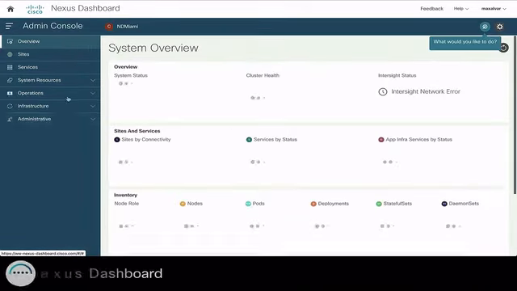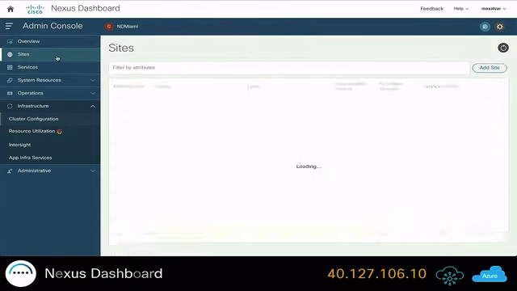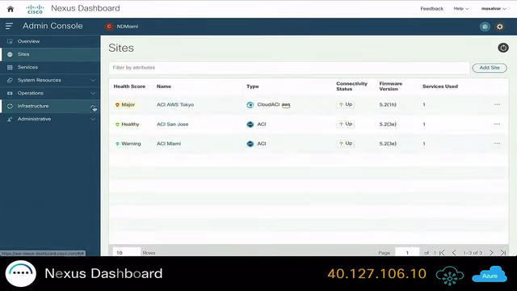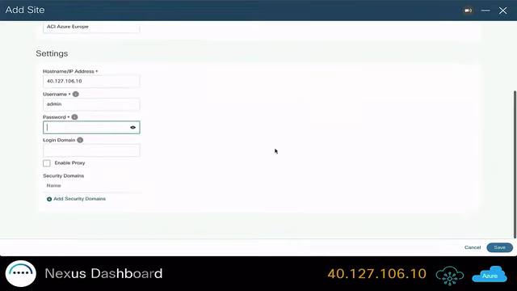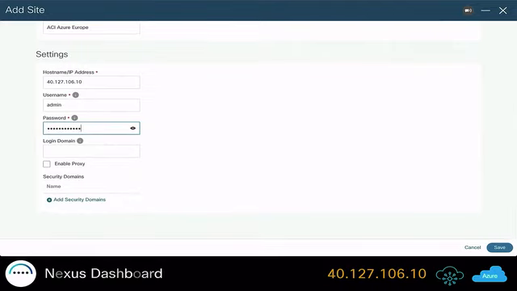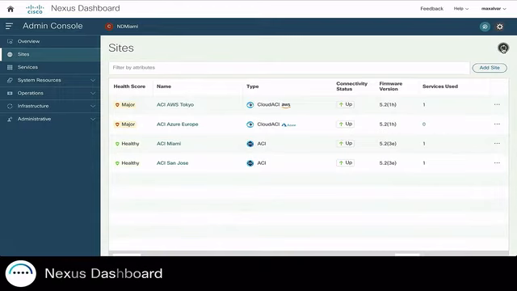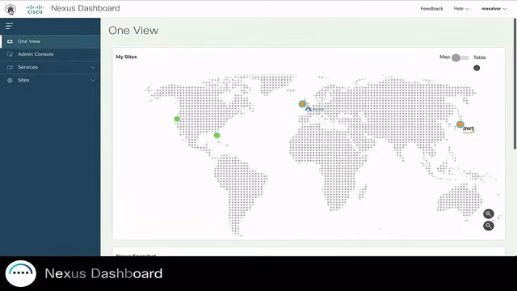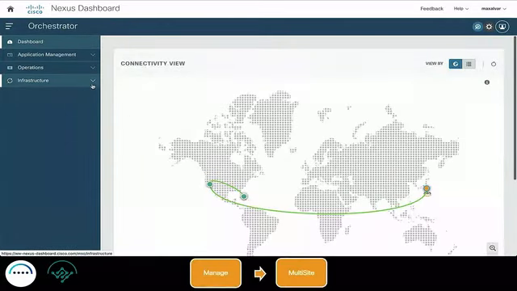The first one, we are going to have to go and add the site to the Nexus Dashboard, just checking that the IP address is reachable by the management network. Adding the new site. In this case, Cloud ACI. We will go through Azure Europe, host name, username, and password. We are able to add some NX-OS platform also, but we will have to deploy some different templates, but this is part of the advanced feature that we might talk about later. And now we have Azure included,